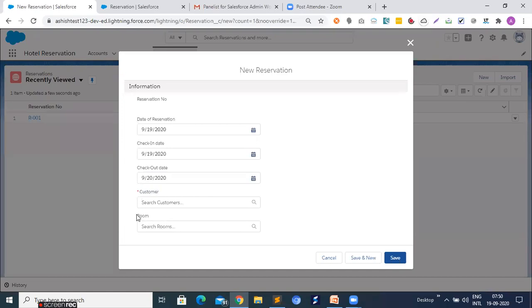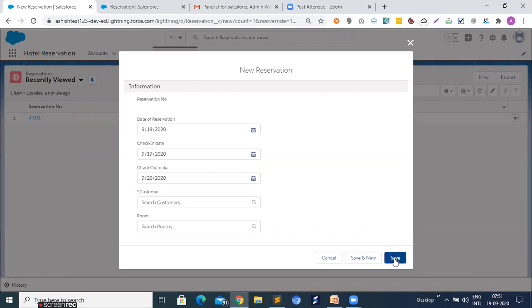But in the case of room, there is no red mark because both are basically used to lookup. But room is created with the help of lookup and customer is created with the help of master details. So in the case of room, you can skip value, but in the case of customer, you cannot skip value because in master detail relationship, this particular value is necessary, right?